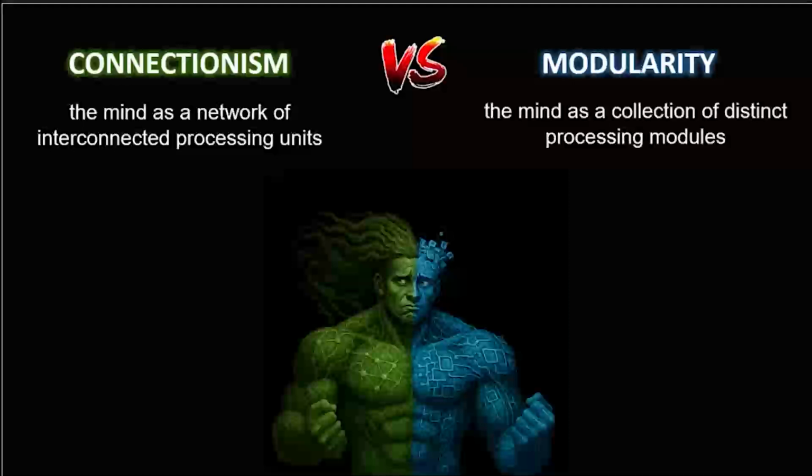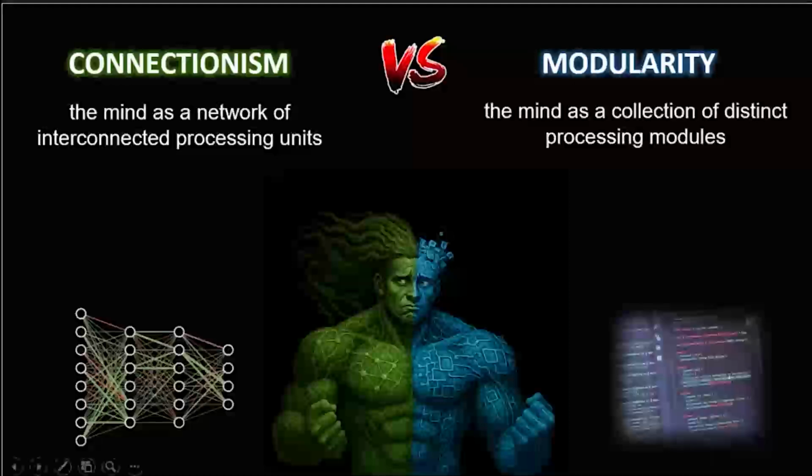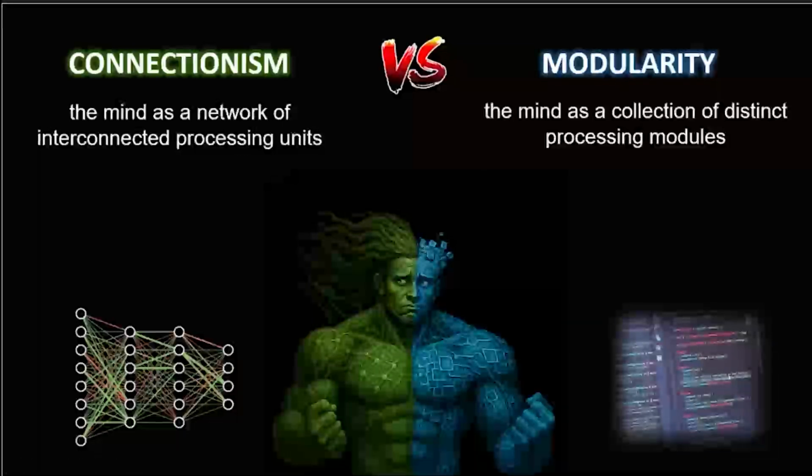If we do an analogy to computer science, connectionism really views the brain as one big neural network, right? A complicated neural network with feedback and so on. You can think of it as one big RNN or something like that. And modularity views the brain as a script of many different functions, right? So you call, let's say, the letter recognition function, you recognize the letter, and then you call the letter combination function, and you combine the letters, and then you go access the semantics and so on, okay? So it's more script-like